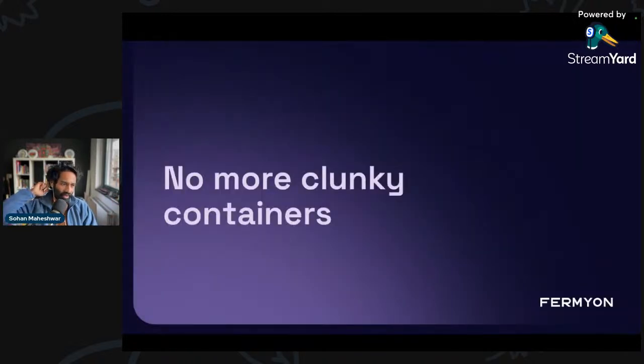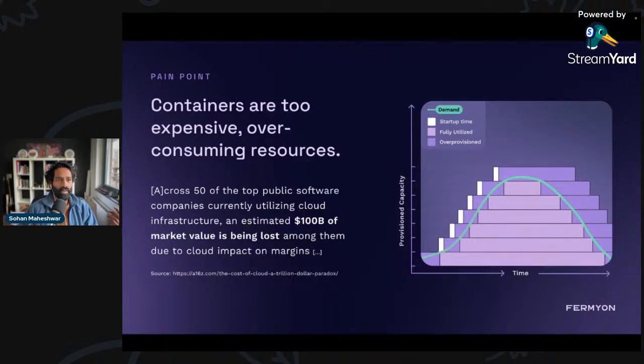One is, I think the need for clunky containers sort of disappears, because if you're using Kubernetes or if you're using containers, you will know that they are pretty expensive. You get fairly large cloud bills with large deployments. And what happens is you tend to overconsume resources. What happens with things like containers is that you provision your sizes for your absolute peaks, and those can be high depending on usage. So for a large chunk of time, there is so much resources that go underutilized, because you've over provisioned for the peak of your usage, not for your average.